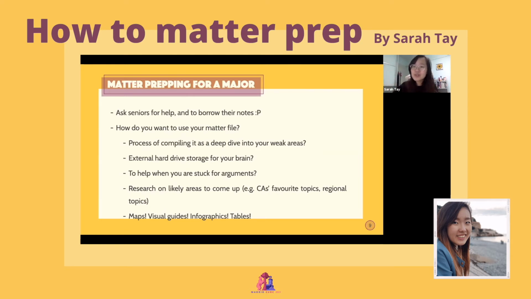Because there's really no use in using someone else's meta file if you don't know where things are, if you don't really know what's going on, if they're not what's useful to you. So I would say use your senior's meta file as a source of information that has already been condensed to what might be useful for debate, and use that to then read through it and form your own meta file. So we tended to borrow a lot of stock arguments that they already had,